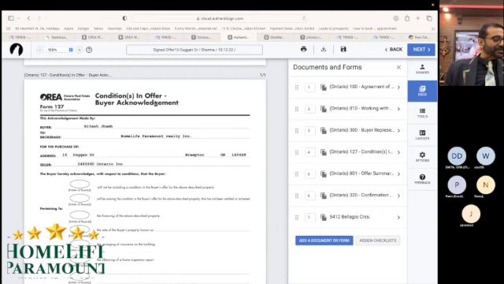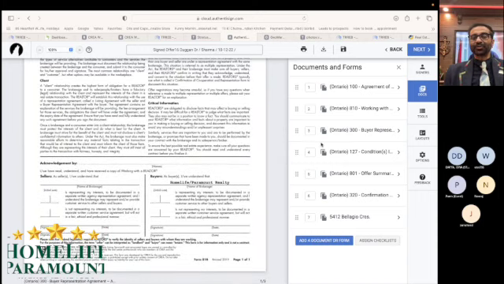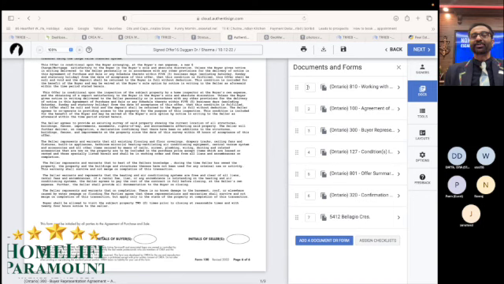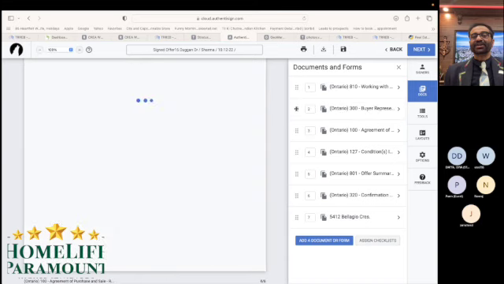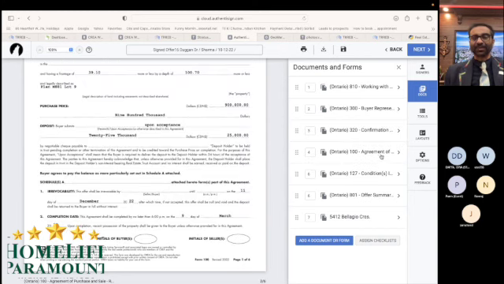But you don't want the agreement of purchase and sale to go first. The first thing should be working with Realtor. So these are the 6 dots. Click on the 6 dots and move the form here. This will automatically become number 1, or if you want to change the numbers, you can change them here as well. Then after that, there is the buyer representation agreement. This is number 2. Number 3 should be 320, then the agreement of purchase and sale,